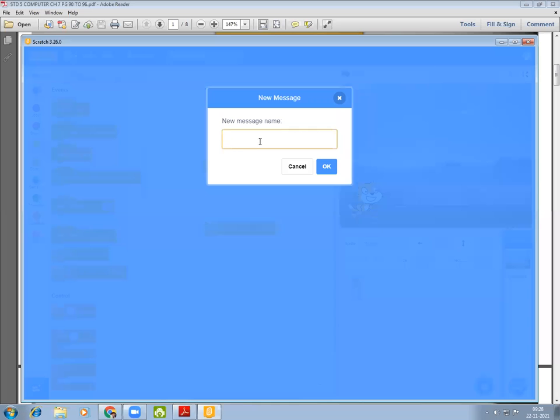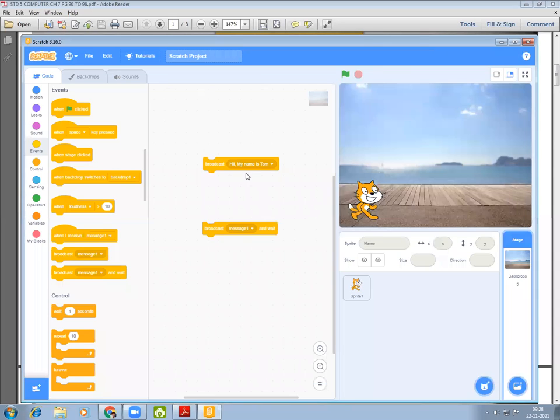Then we can type anything. Okay. So in this way, you can change the message.